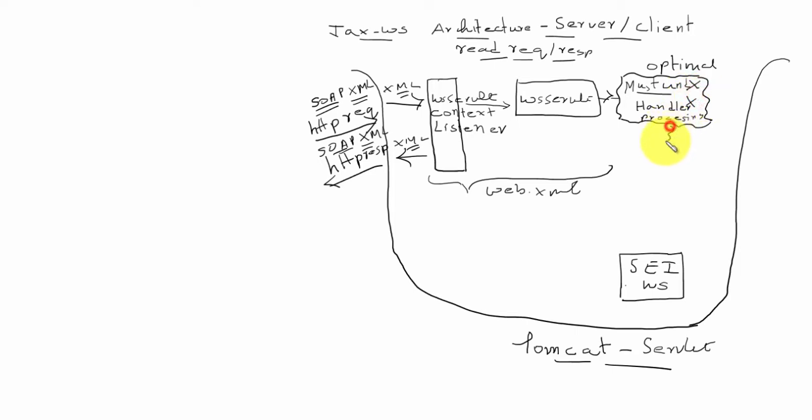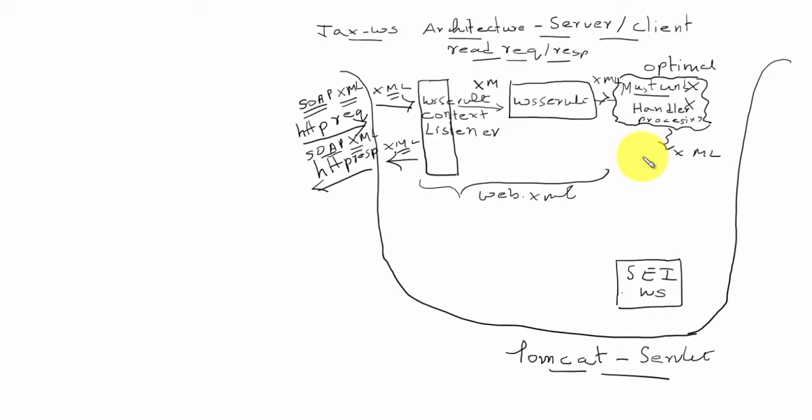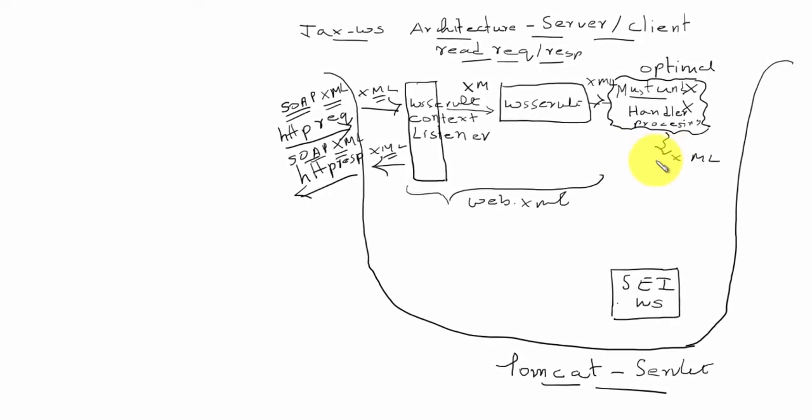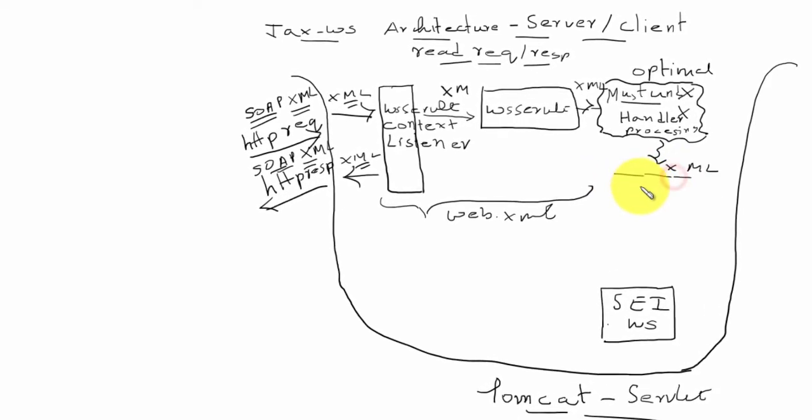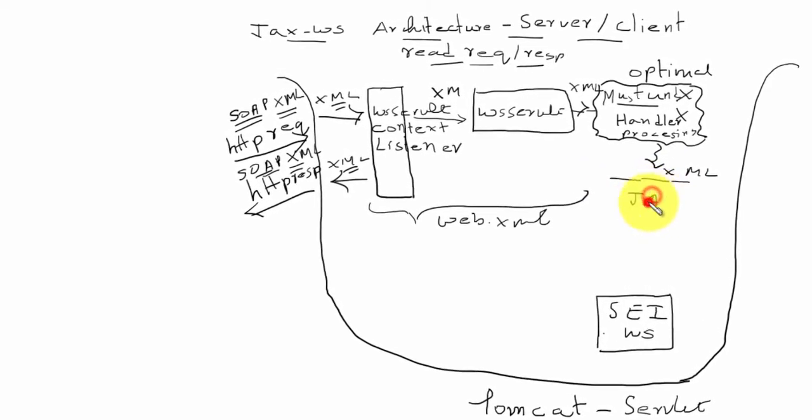After this, the request is still in the XML format. It's SOAP based XML. The request which is in XML format has to be parsed. But here there is no concept of parsing the data from the XML. Here we have the concept of binding. The framework uses JAX-B APIs, Java API for XML binding, to convert the XML data to object data.